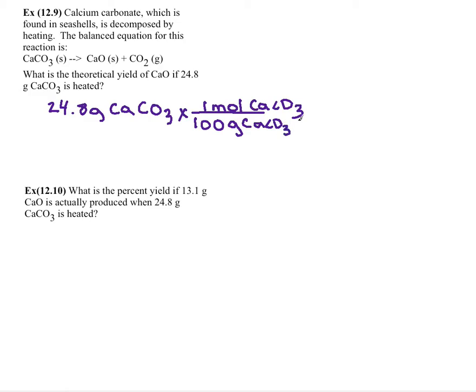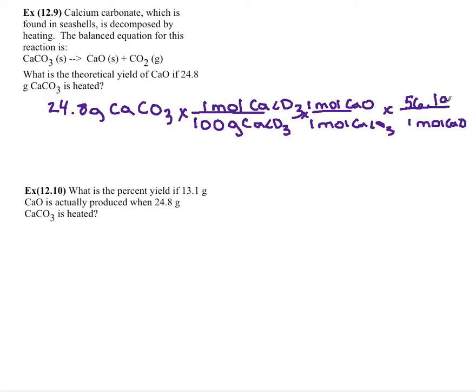Okay, now I'm going to put my mole-to-mole ratio. So I'm going to crisscross swoosh again. Notice all of my coefficients are 1, so it's going to be 1 mole. I'm trying to get into CaO, so it's going to be 1 mole of CaO over 1 mole of CaCO3, because that's what I'm getting rid of. Now I have 1 more crisscross swoosh to go, because I need to get into grams of CaO. So I'm going to put 1 mole of CaO on bottom to get rid of it, and then I've got to put the molecular mass of CaO, which happens to be